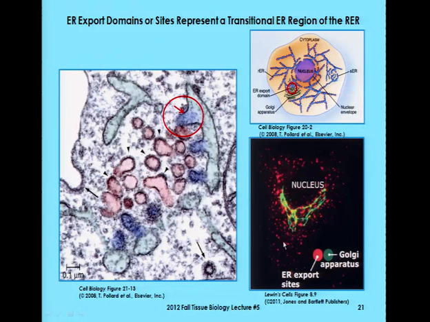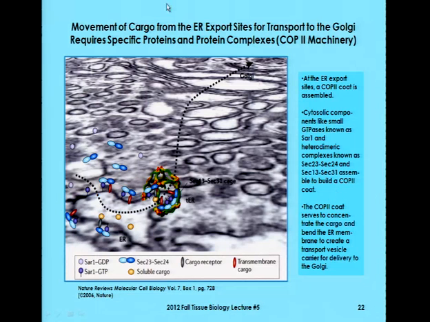By immunofluorescence, the ER export sites are found throughout the cytoplasm, as opposed to the localization of the Golgi complex right next to the nucleus. Now, the movement of cargo from the rough endoplasmic reticulum to the Golgi is a very important step, and it requires specific proteins and complexes called the COP2 machinery. COP2 machinery refers to coat protein, a specific type of coat protein